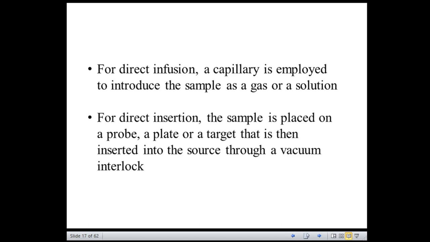For the sources that work at atmospheric pressure, they are known as atmospheric pressure ionization sources. We do have such mass spectrometers which work under atmospheric pressure. So the ionization sources of such instruments are called atmospheric pressure ionization sources. And introduction of the sample is easy because the complicated procedure for sample introduction into the high vacuum of the mass spectrometer is not there, or it is removed.